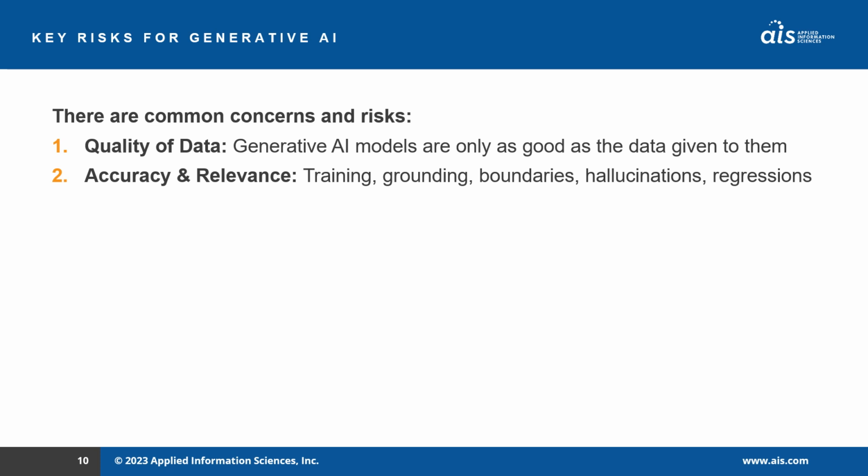Second, and directly tied back to the quality of data, is accuracy and relevance. So it's important to establish guidelines and best practices to manage some of the key risks associated with generative AI solutions. These large language models are known to have cases where they will hallucinate or give made up answers to questions that you give to the models. It's important to also have ways of prompting the models to ensure accuracy of the answer that you're seeking or the content you're seeking to generate.